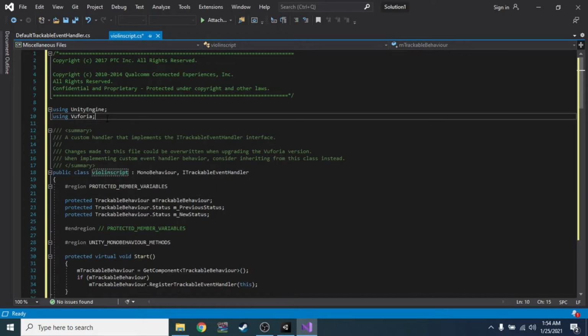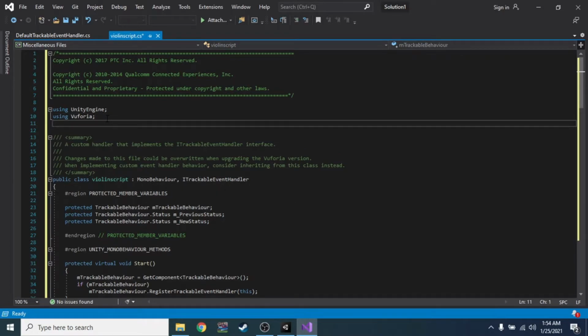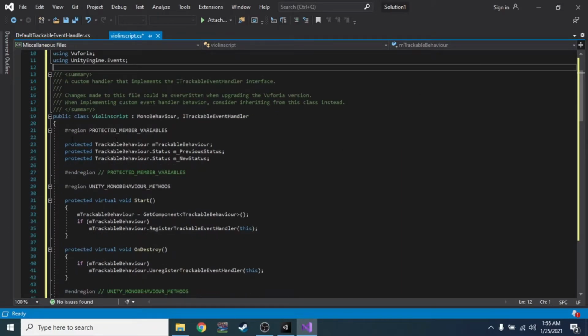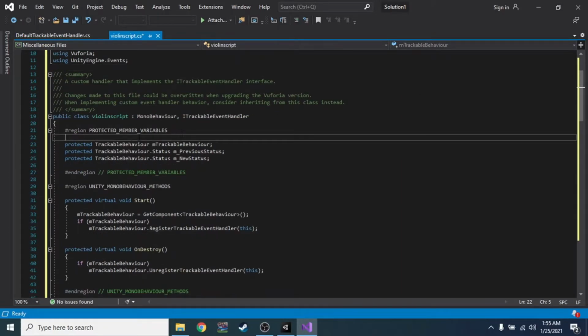Okay, then here we need to put using UnityEngine.Events, a function for the video to play and pause, so we can control the video to play and pause. And then we go to line 22.